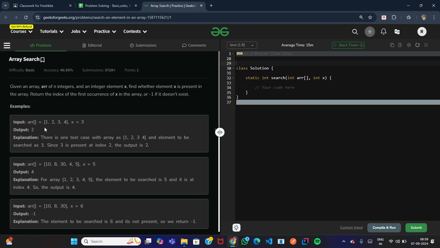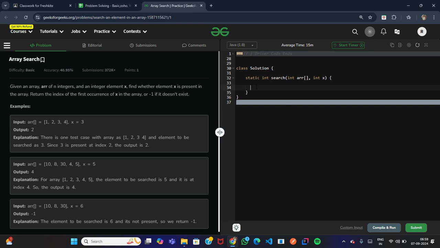We are given one array and one integer. If the integer x is present in the array, return its index value. If it isn't present in the array, return -1. This is the question.